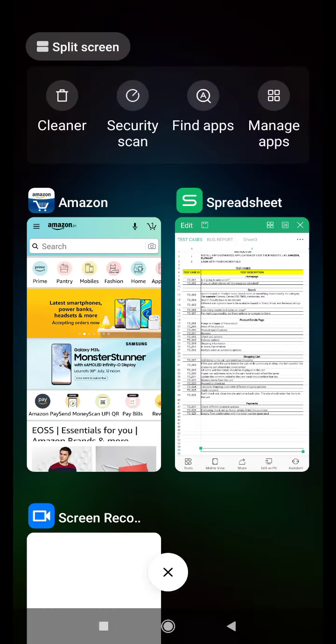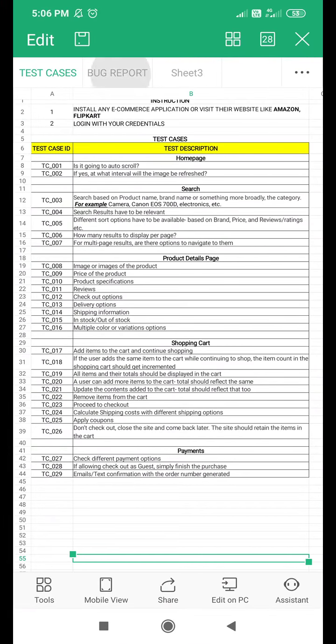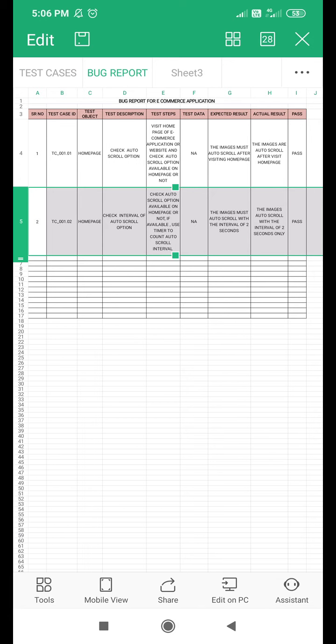So here in the bug report, the test case ID is TC_001.02. My test object is home page. I need to check the interval of auto scroll option. What are the steps I have performed? Check whether auto scroll option is available on homepage or not. If it is available, use a timer to count auto scroll interval.